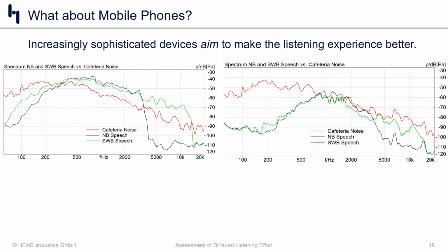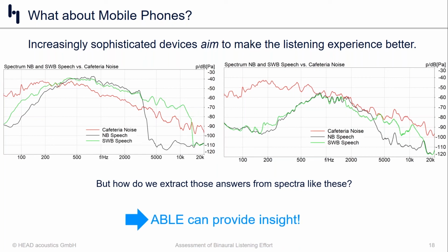And what about bandwidth? How does that affect intelligibility? And if the device is sophisticated enough to have things like bandwidth extension technologies, if you're in a narrowband call and you apply the bandwidth extension, is that as effective as simply having a super wideband transmission? These are all fantastic questions, but how in the world do we extract the answers from spectra like the ones that we're showing here? That is nearly impossible unless we use something like the listening effort metric to give us